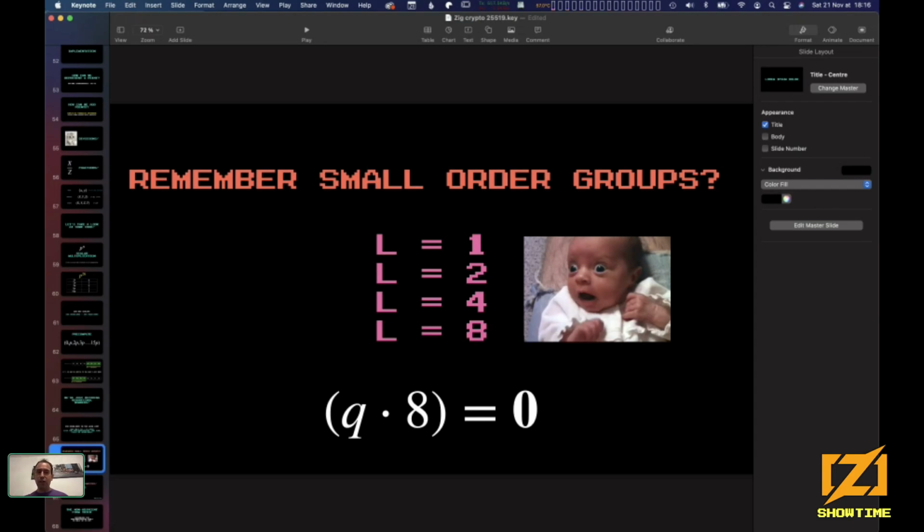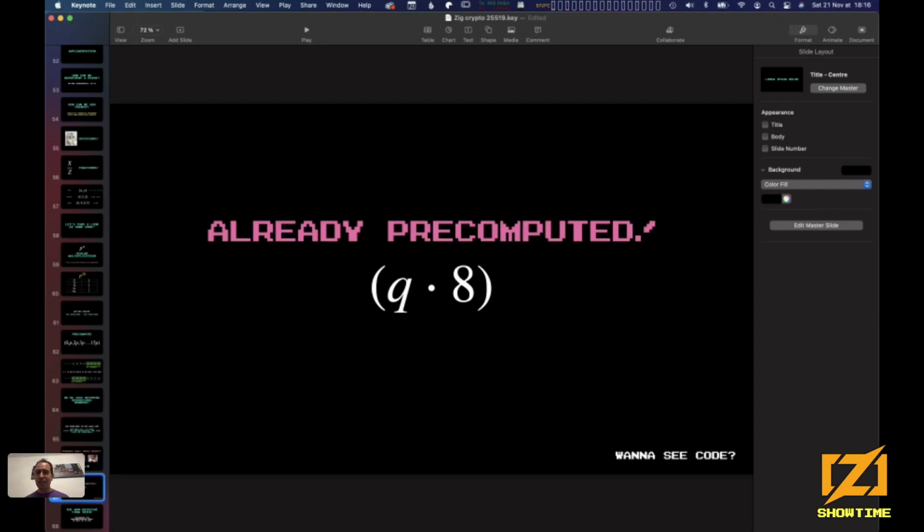Once we have finished the computation, we do a couple more computations just to multiply the result by 8. Wait, we don't need to do that because we already have a pre-computation table. We already pre-computed 8q at the beginning. So we can just check that we are not in a small group when we are doing the pre-computation. If this is the case, it is not even worth doing any more computations. We know that it stinks. So let's take a look at the code for that in Zig.